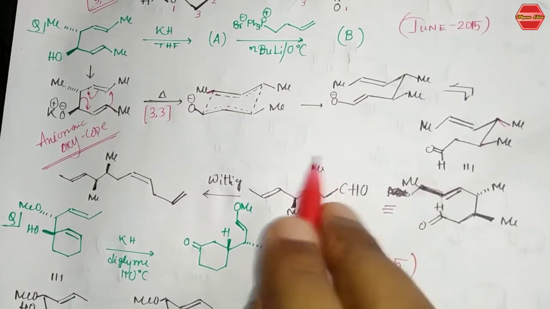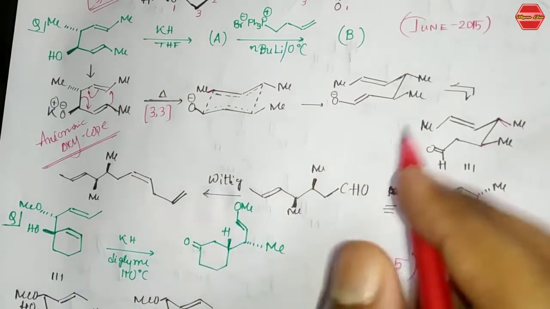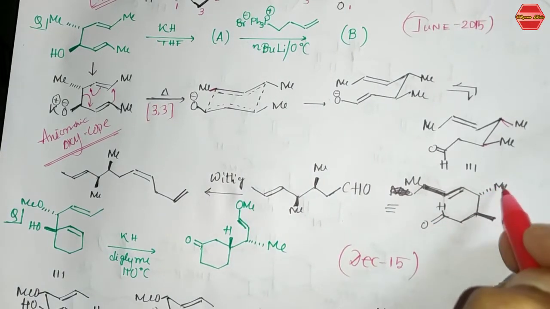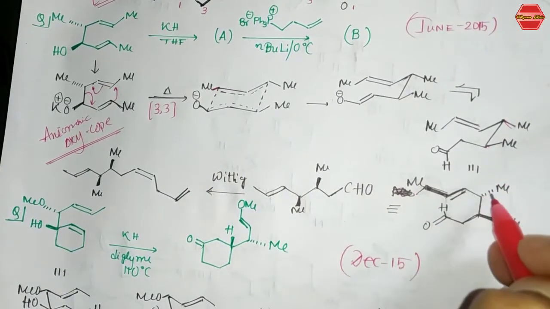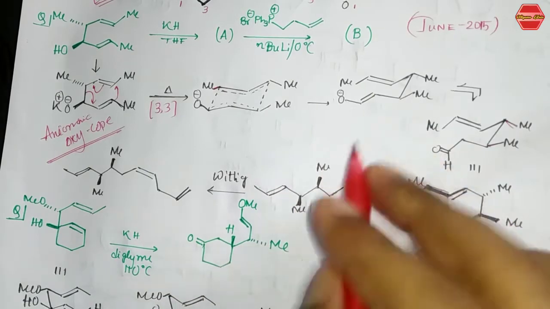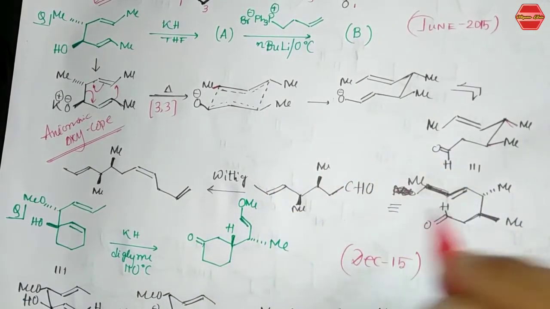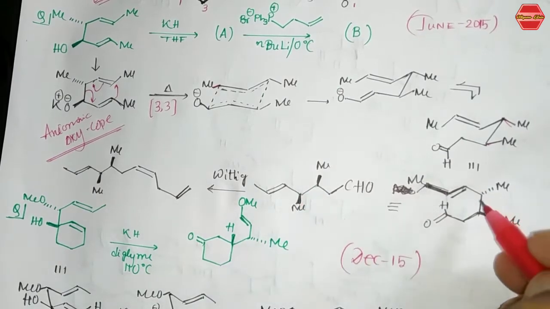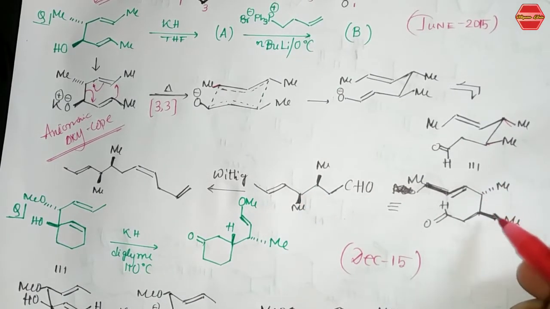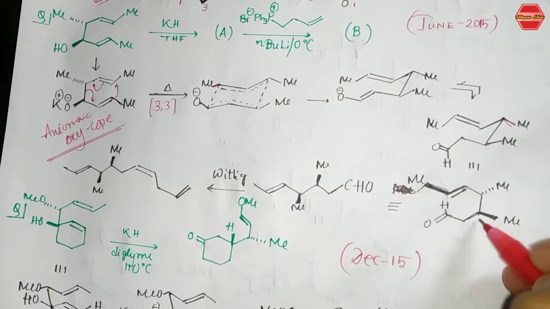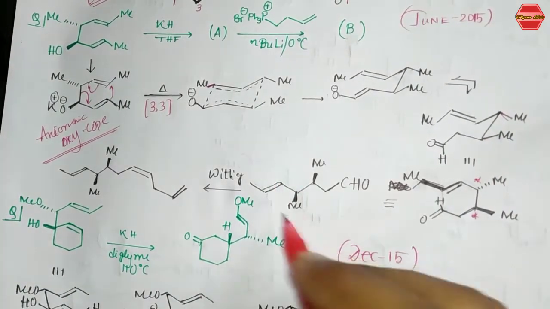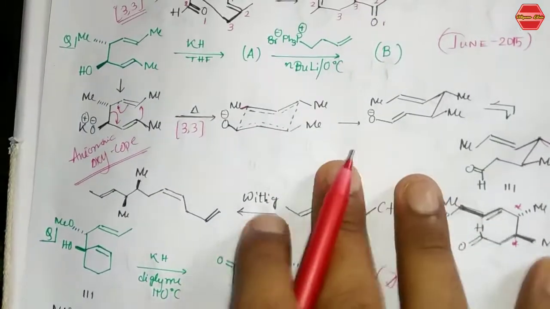And now the question is that the answer that has been given to you is in this form. So you have to rearrange this methyl group, and the methyl group is above the plane, right? So that is how you can get this product. Now how you can change the methyl from here to here: you can easily find out the RS of the system in this position and this position. If you find out the RS, you have to maintain this RS over here also. So that is how you can get it.